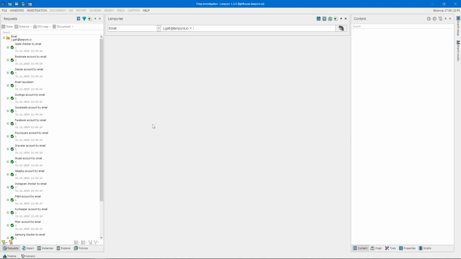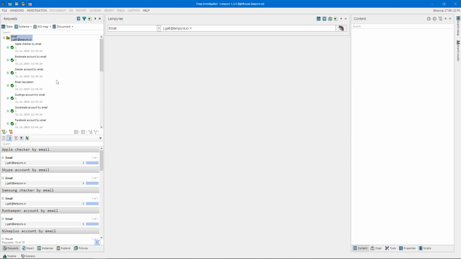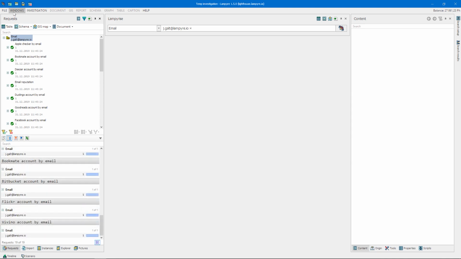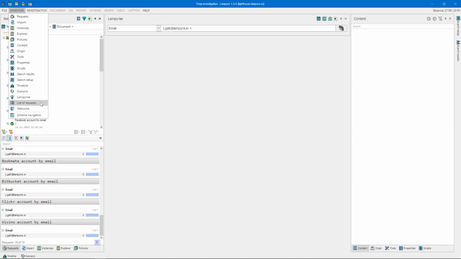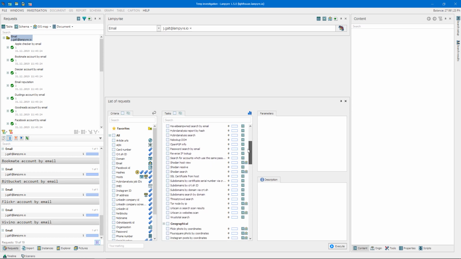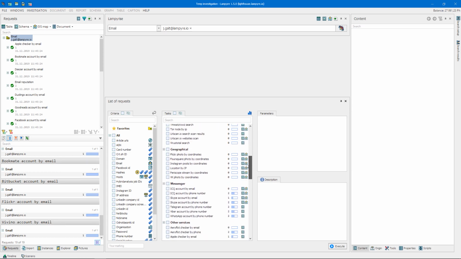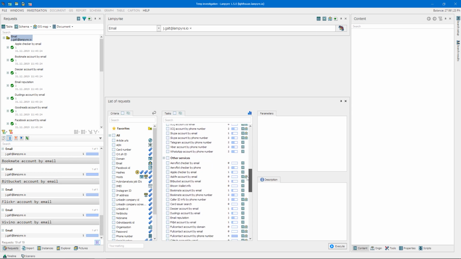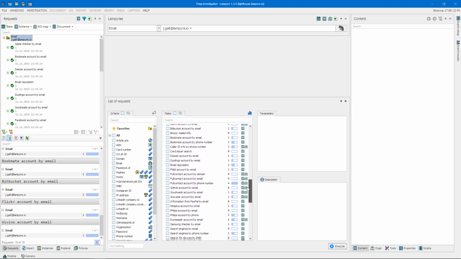Input parameters and executed requests. Now you can view statistics. Right-click any of the results and choose Statistics. You will see the list of all input parameters that you have in this investigation and the number of times you use them. And if we switch to the list of requests window, and click this button in the top right corner, along with the cost, we'll see the number of times you launch these requests in this investigation. Sometimes this information may be quite useful.